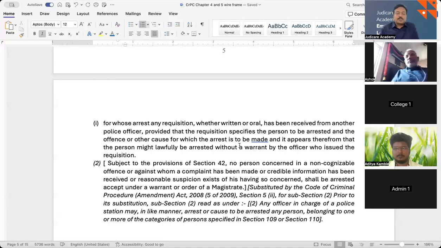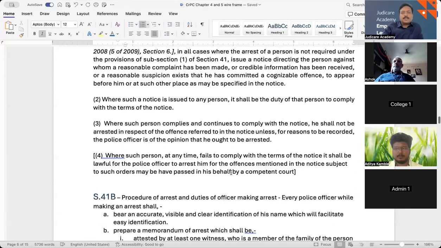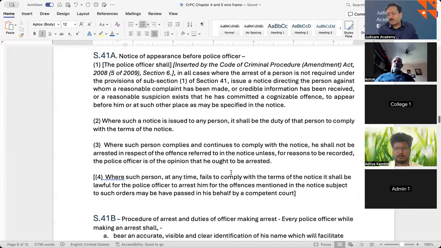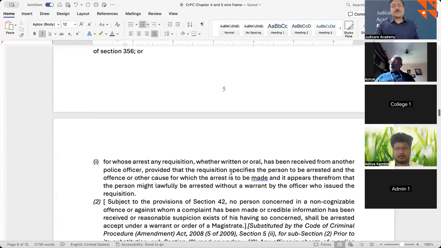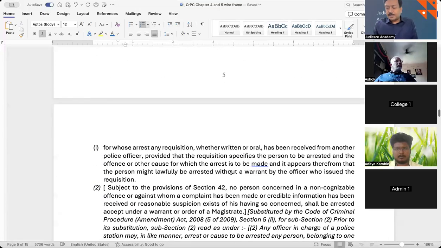There were some unnecessary clauses which were removed later in this 2009 amendment. Those were giving some kind of confusion and unnecessary powers to the police. Those were removed. Now, if we come back to section 40, if we talk about a summary of this particular section,